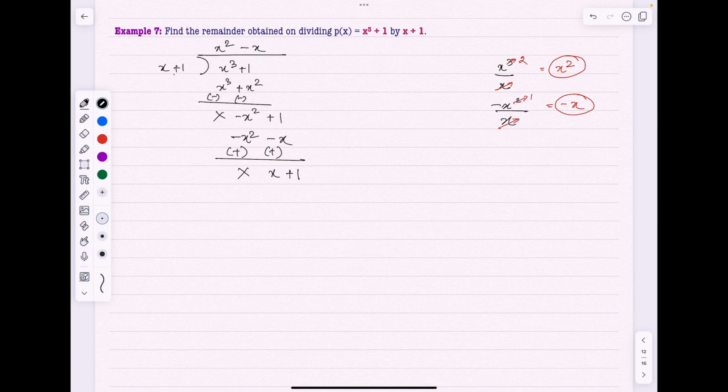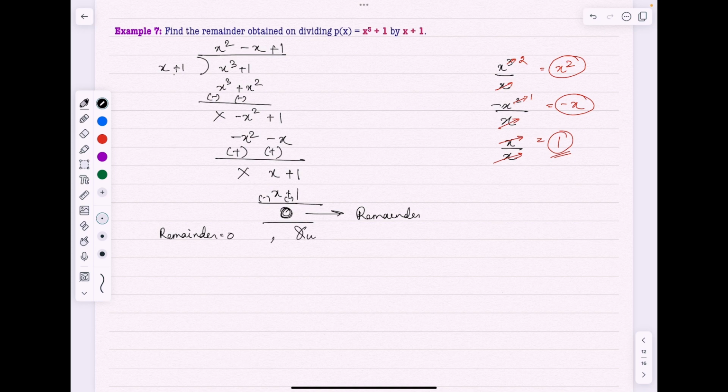Okay, getting x plus 1, x plus 1. Directly you can write plus 1. This is x plus 1. The remainder is 0, or you can simply do it. See, the first term of the dividend is x and the first term of the divisor is also x. So x is cancelled. The quotient in the term is 1. So x plus 1, you are getting x plus 1. On subtraction, you are getting 0 as the remainder. Okay. Remainder is 0. Quotient is